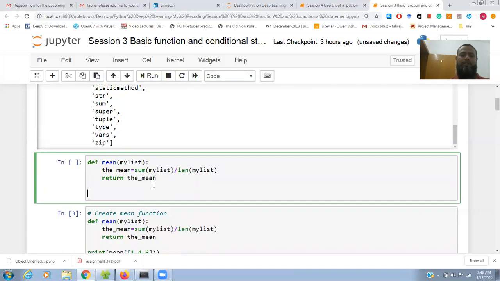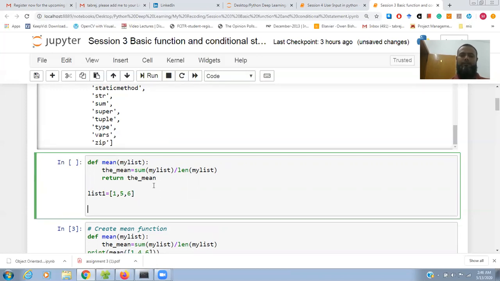First we'll declare our list, and then call the function. I will declare list 1 equal to any values like 1, 5 and 6. Then we'll pass our list 1 to mean, and finally we'll print this.